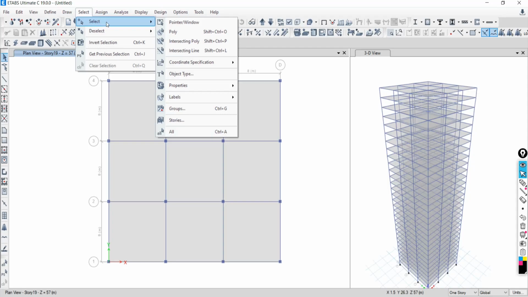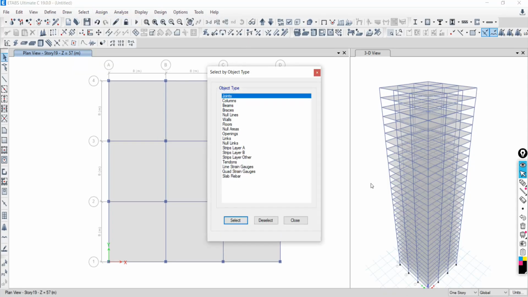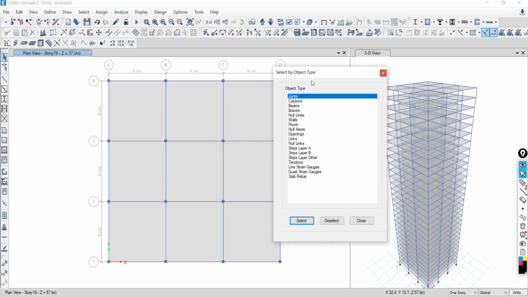Go to object type. Object type means column, beam, slab, floor, links, shear walls. These are all the objects, you can also say elements. So what do we want to select? Can anyone tell me?